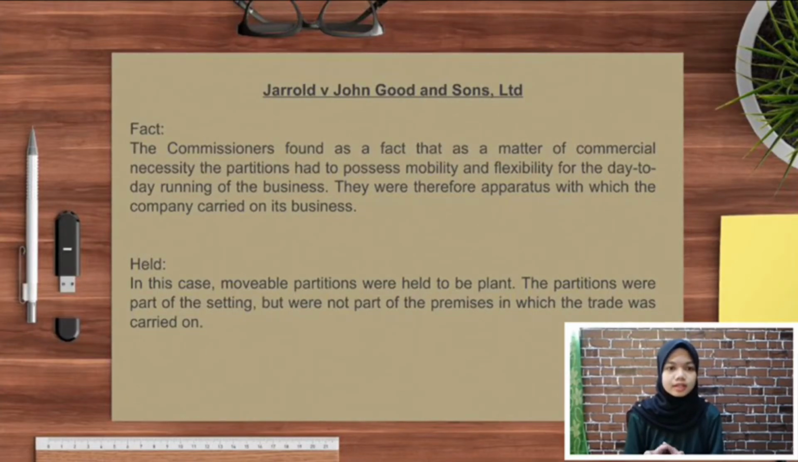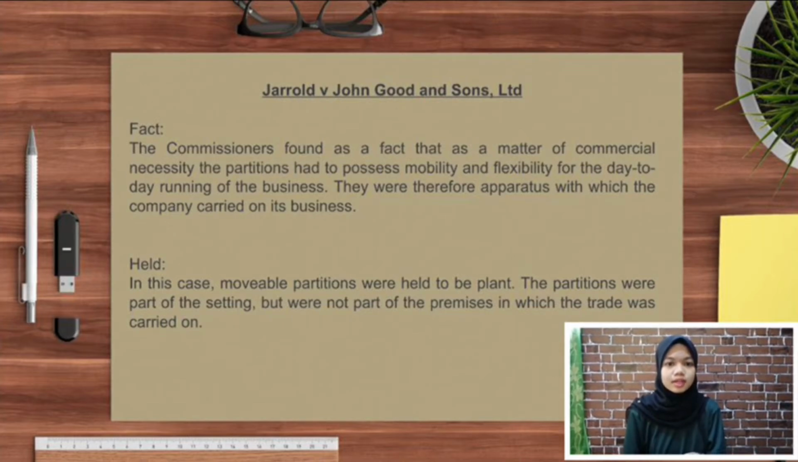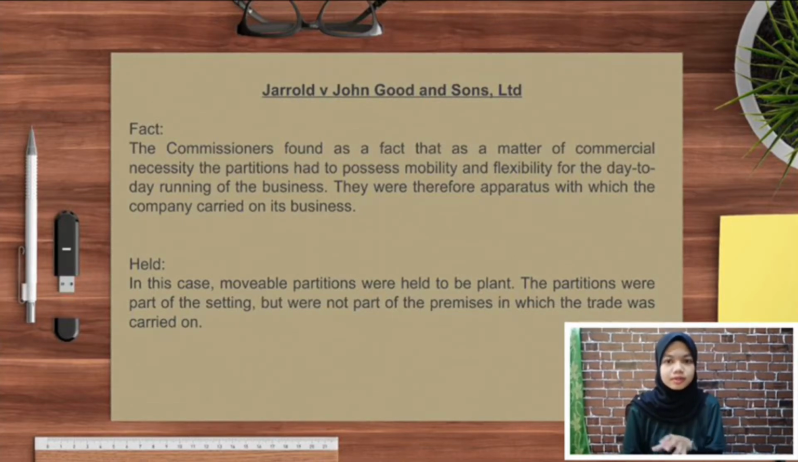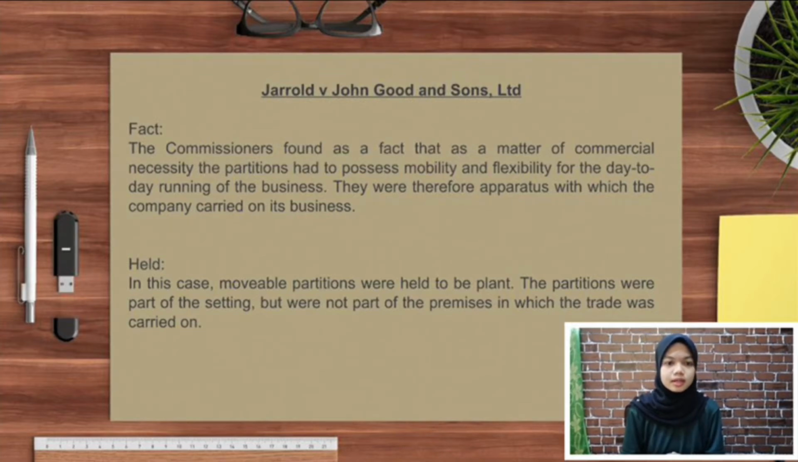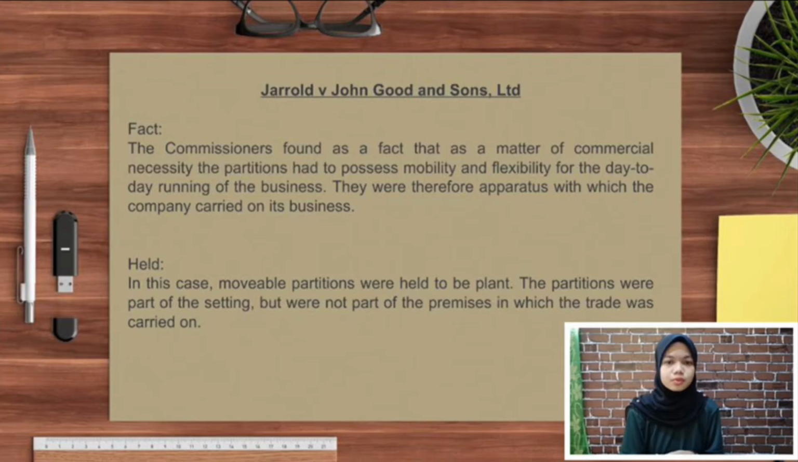So the fact in this case is the commissioner found as a fact that as a matter of commercial necessity, the partitions had to possess mobility and flexibility for the day-to-day running of the business. So they were therefore apparatus with which the company carried on its business. So in this case, it held that movable partitions were held to be plant. So the partitions were part of the setting but were not part of the premises in which the trade was carried on. Last but not least